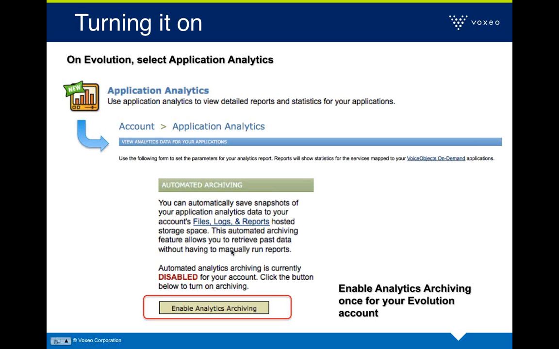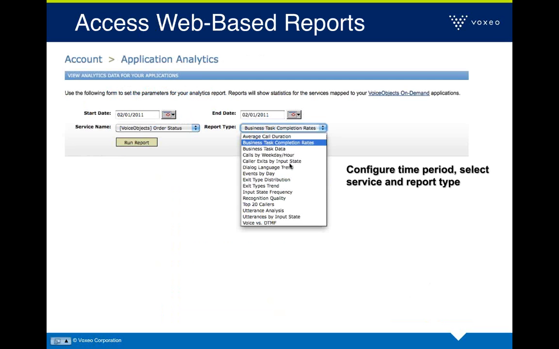And there's a piece on the right-hand side where you see Enable Analytics Archiving. So basically, if you want to enable the automatic capturing of data for full-blown VoiceObjects Analyzer access, you need to enable that archiving for your entire Evolution account. It's not per service, it's for the entire account. Once that's enabled, what you can then do is access either the web-based reports through Evolution